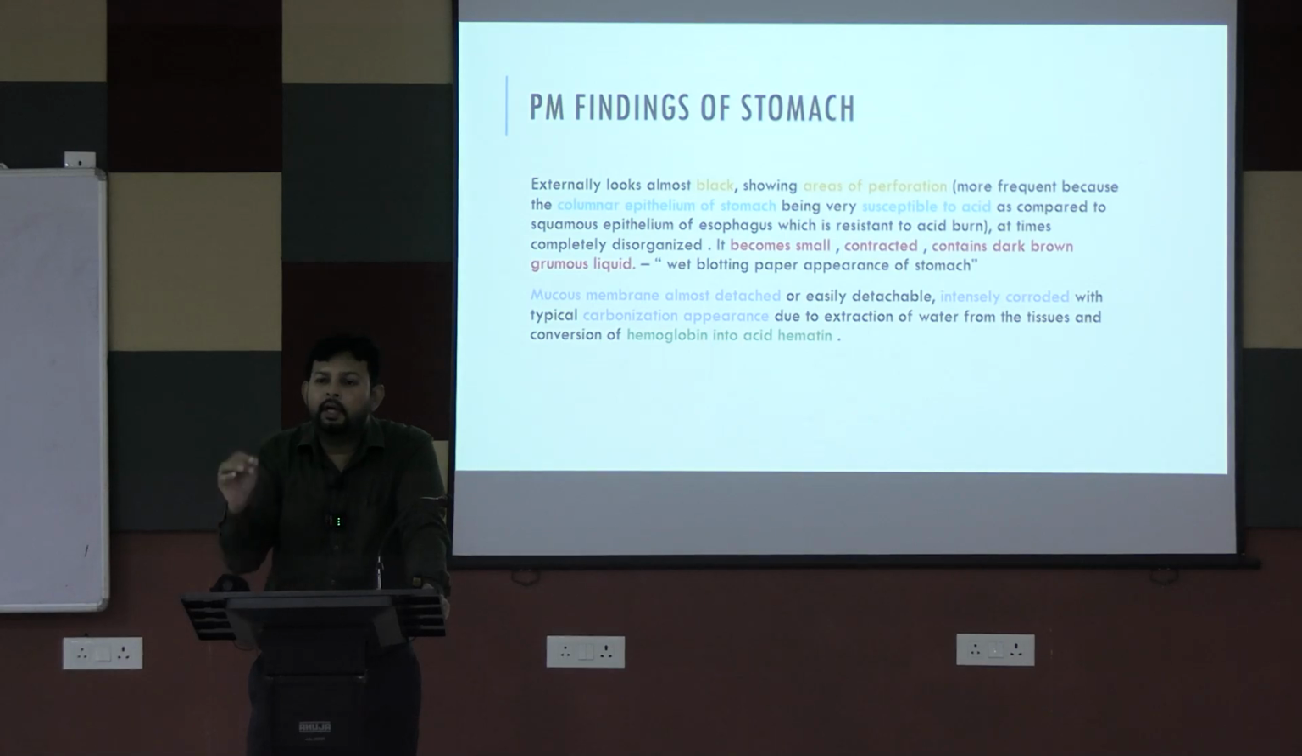As soon as the abdomen is opened, we will find black liquidy substance, everything is black all around the stomach, everything is blackish in color. The mucous membrane is almost detached or easily detachable if the quantity is less, that is, if 10 to 15 ml of diluted sulfuric acid was consumed, in that case we can differentiate the mucous membrane, but if it has been consumed in a